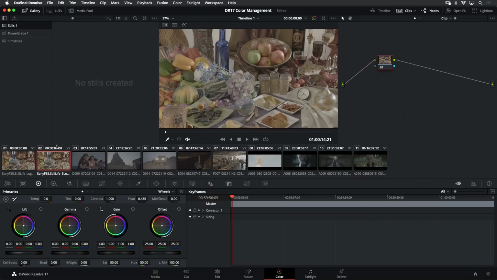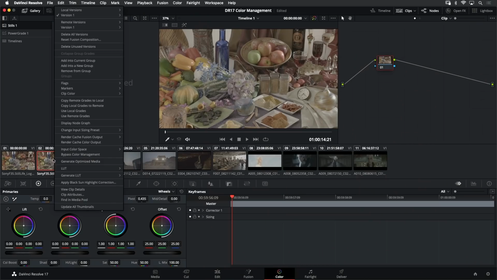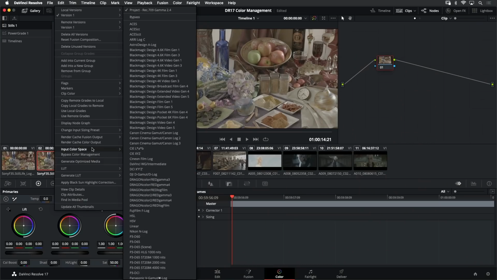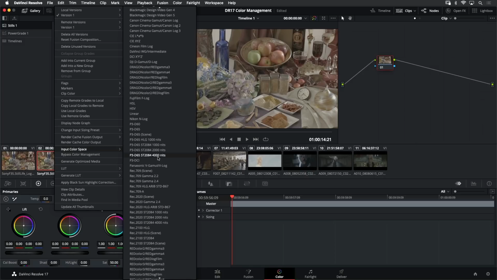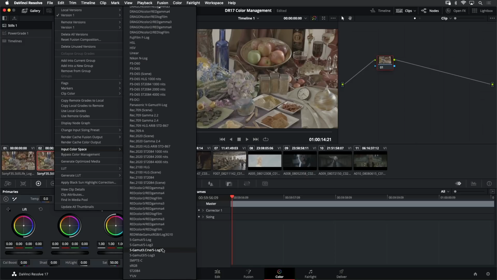What we need to do next is right-click on our image and go to Input Color Space. You'll notice that the language has changed ever so slightly from our ACES workflow, where we were designating an ACES input transform. We're now designating an input color space.